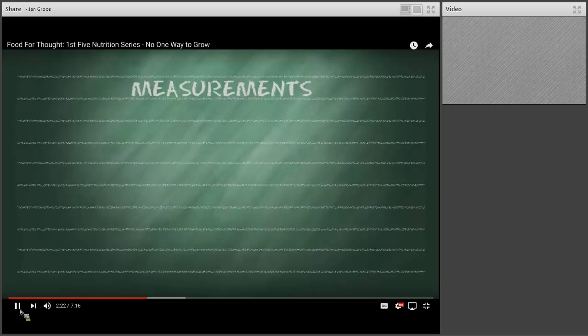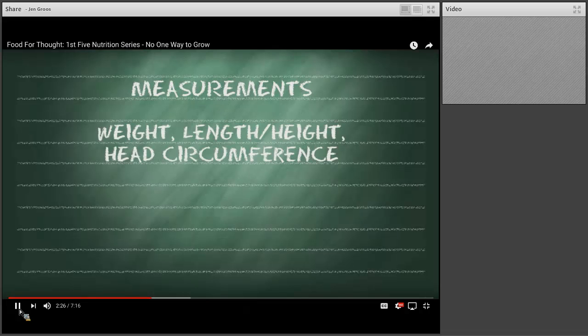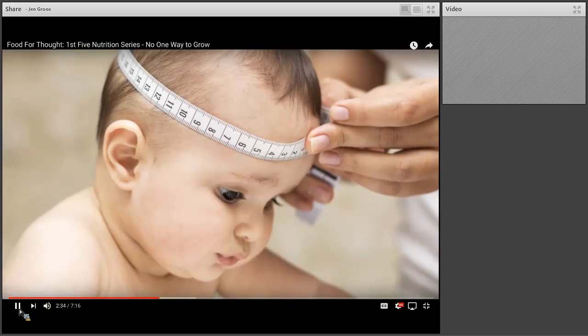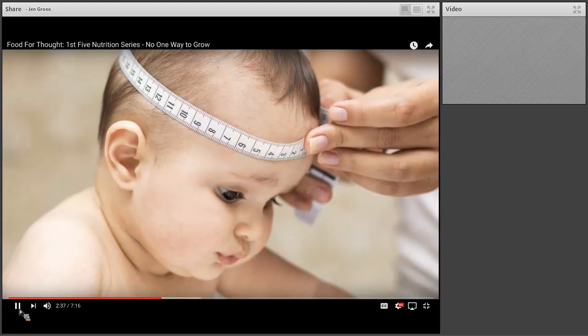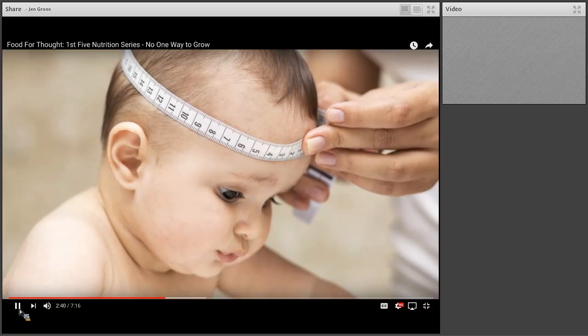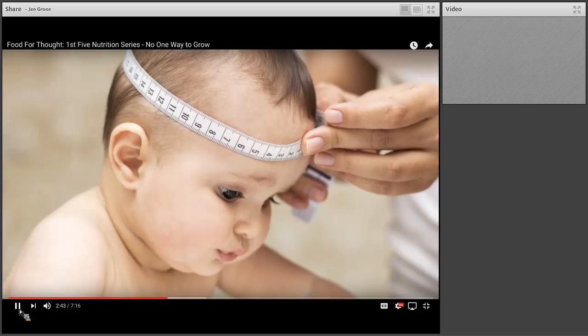With any set of growth charts, different things can be measured, including weight, length for kids 0 to 24 months, or height for kids 2 to 20 years, and head circumference, or head size. On the growth chart, these will be based on the child's age and sex. So a boy whose weight for age is at the 25th percentile weighs more than 25% of other healthy boys